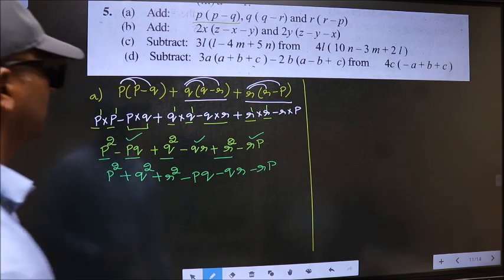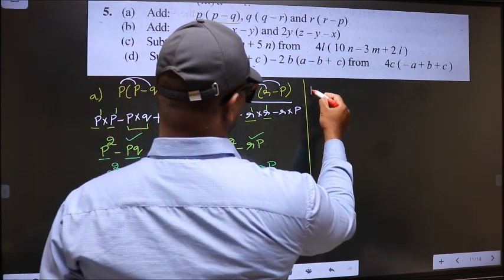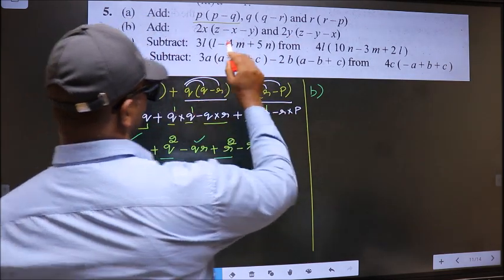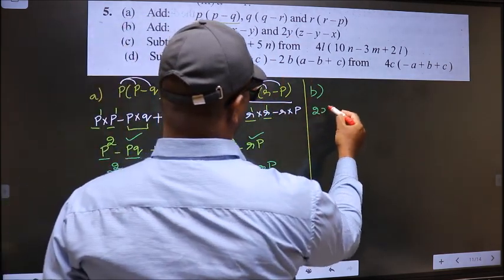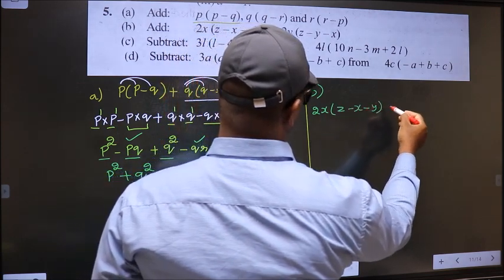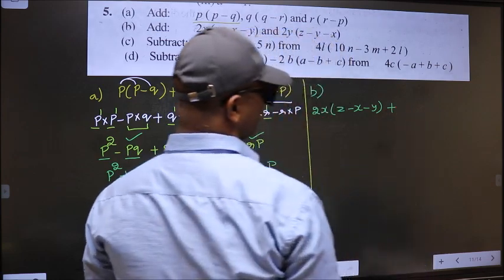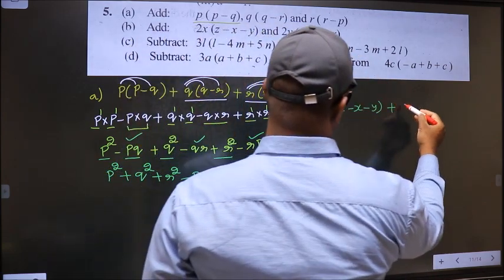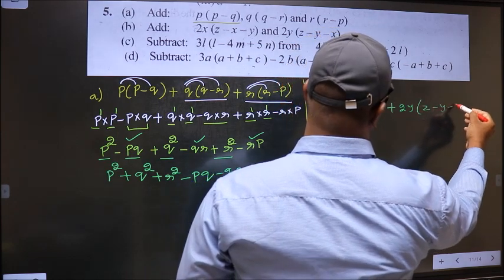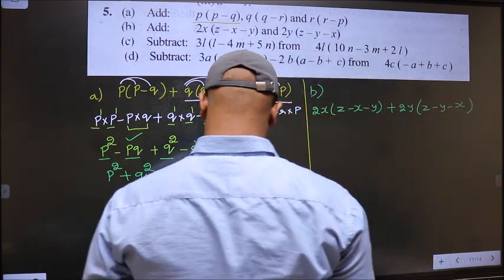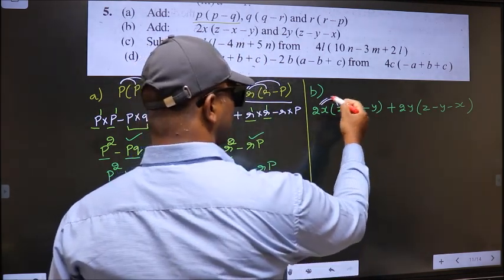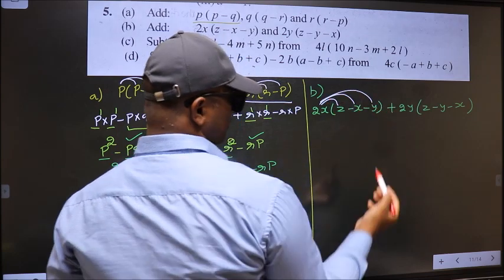Next, second bit, b1. Now we should add this and this. So that is 2x times (z − x − y). They told us to add, so put plus this, 2y into (z − y − x). First we should open up the brackets in this way. So we get